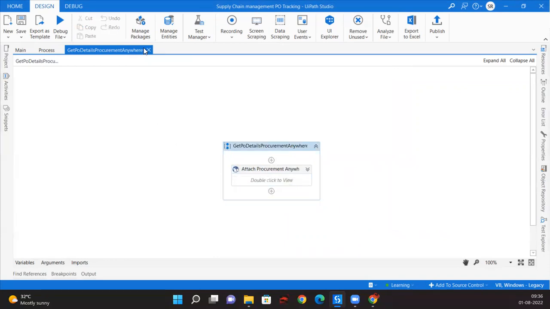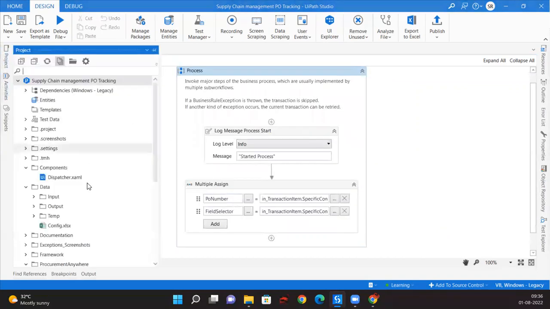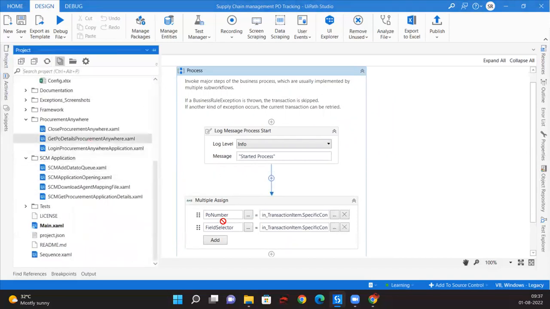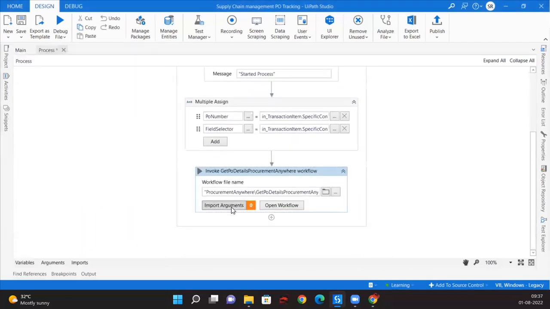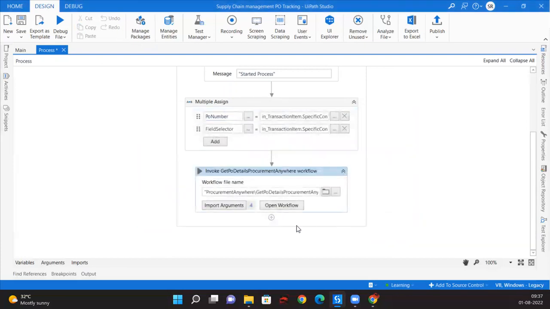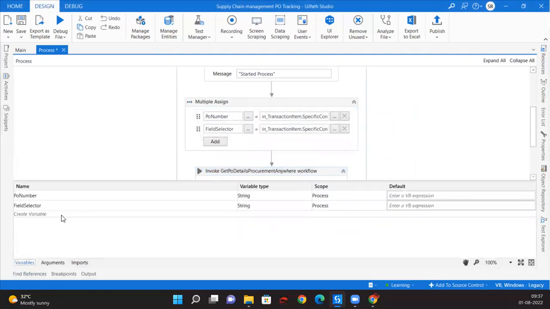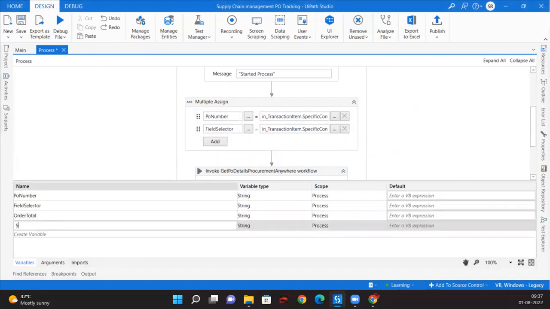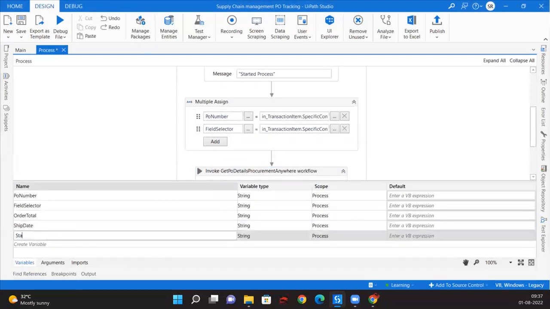So now we are returning the things back to the process. So let me just drag and drop this. Get PO details from procurement anywhere application. So what we are going to do is pass in the PO number, and we are going to take the order total, ship date, and state. So let me create the variables here: order total, ship date, state. Also, we need agent name,